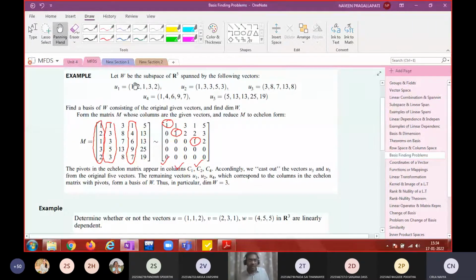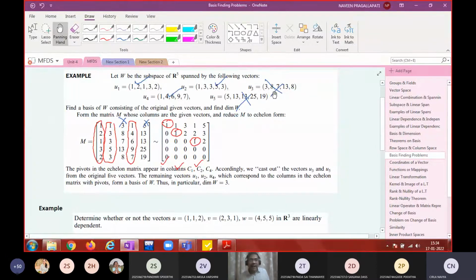So though you see 5 components, the space formed by 5 vectors is not going to be 5 dimensional, because these 5 vectors form a linearly dependent set. So remove the vectors which are making this set linearly dependent. What are those 2 vectors that are removed? These 2 vectors. So remove u3 and u5. Then these 3 will form a basis.